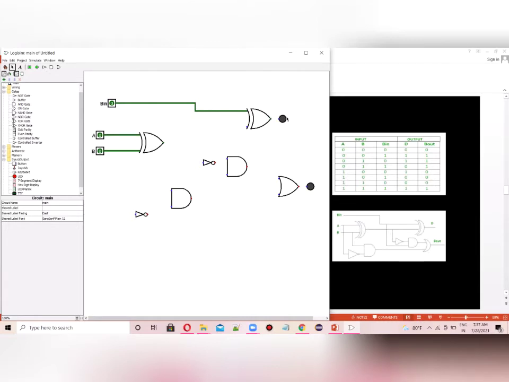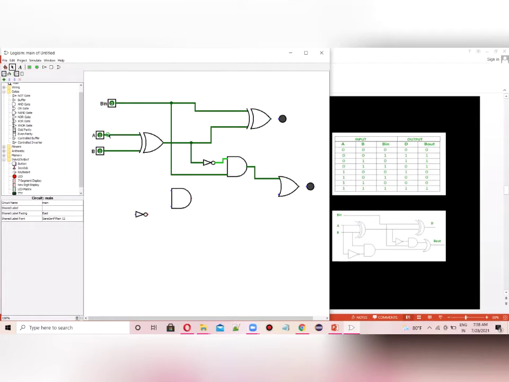And this as D. Now let's connect these things with the necessary wires.